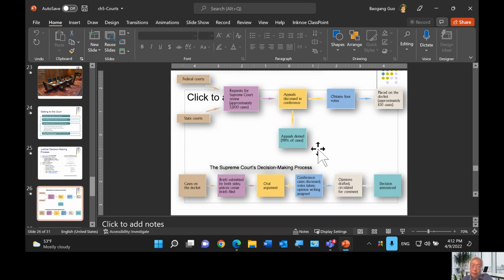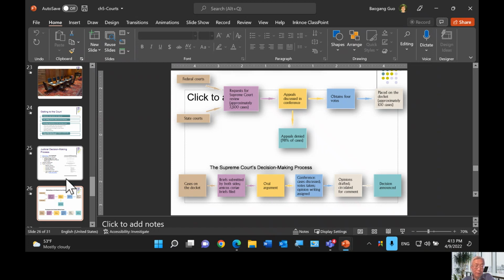So when they hear cases, it might be in early October, but you won't be able to read their legal rulings until May or June. That's when all the finished legal opinions will be issued to the public, and where you're going to see a lot of media coverage or discussions on various cases decided by the court. Okay, so that's the whole process.